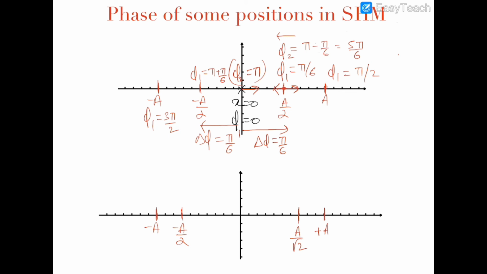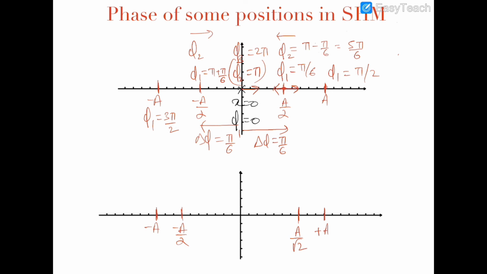Now the particle returns from this point and again comes back to this position a by 2, moving in the forward direction towards the origin. So we can again say that if the particle has arrived on the origin after completing one cycle, then its phase would have changed by 2 pi. We all know that when the particle has moved like that in one complete cycle, its phase would have changed by 2 pi, but it has fallen short by a phase of pi by 6 because the particle has only arrived at this position, minus a by 2, till now.